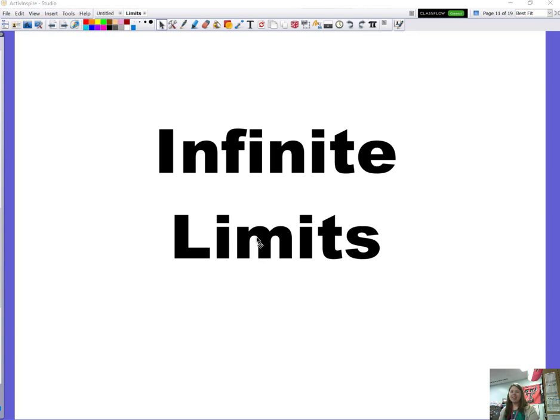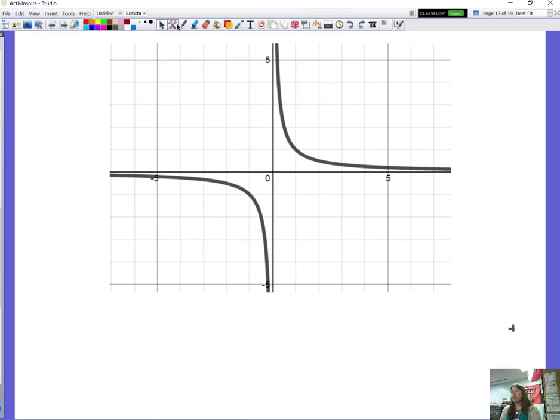Hey guys, so today in this video we're going to talk about infinite limits. Before, everything was about what's happening at a specific value. Now we're going to talk about what's happening at positive infinity or at negative infinity. So, infinite limits. Looking at this first graph, this is the limit as x approaches infinity